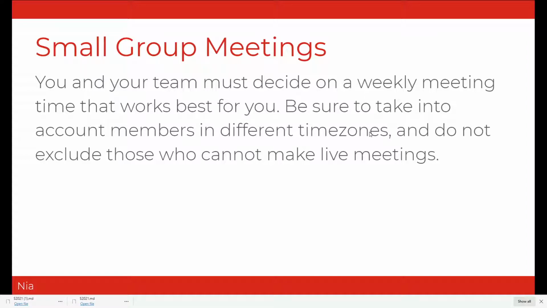Small group meetings, as I explained mostly on the last slide, are just for your project team. When we were in person, small groups would be with a bunch of projects in the same room, but since we're remote at this point, it just makes more sense to do them so you're meeting with your project and working on it with that group. So figure out a time that works for you and your team members and meet. Next slide.